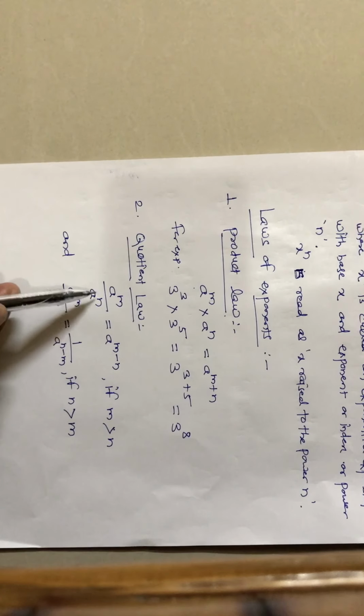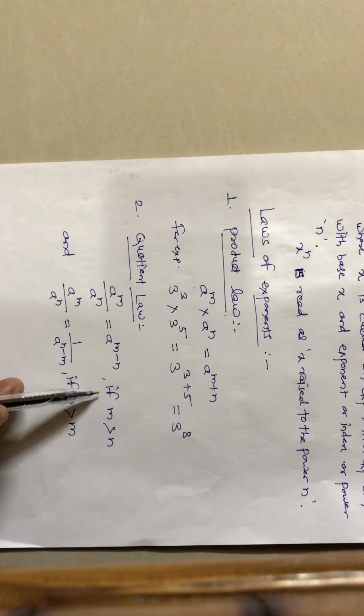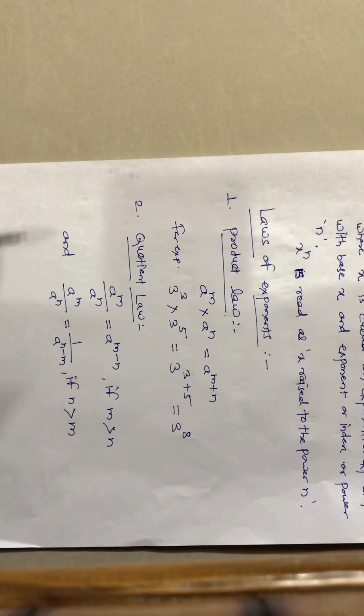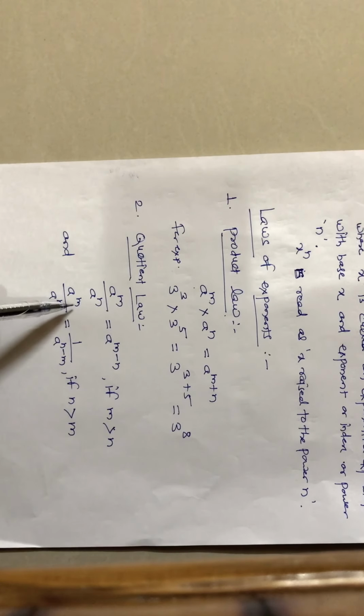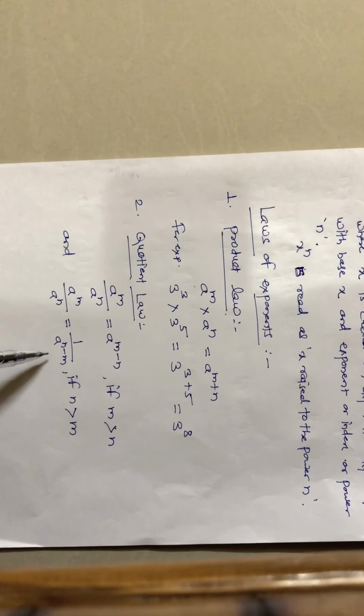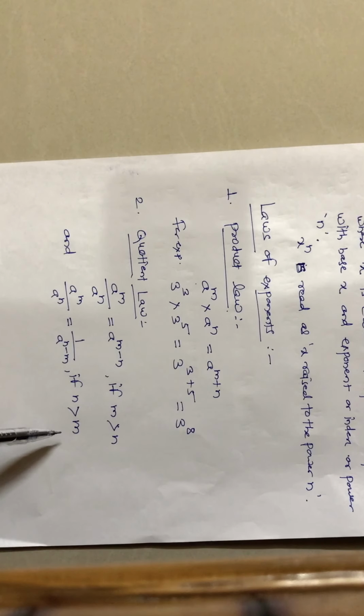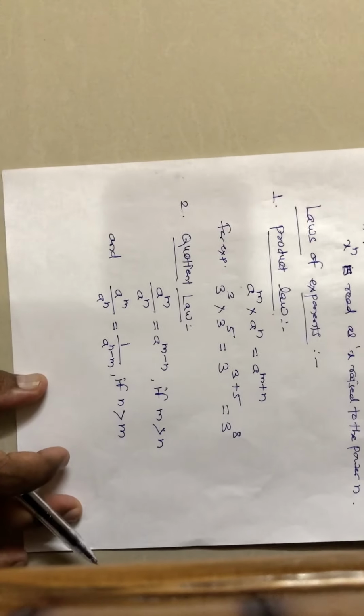First law, a raised to m divided by a raised to n is equal to a raised to m minus n. The condition is that m is greater than n. And a raised to the power m divided by a raised to n is equal to 1 upon a raised to power n minus m if n is greater than m. For example,